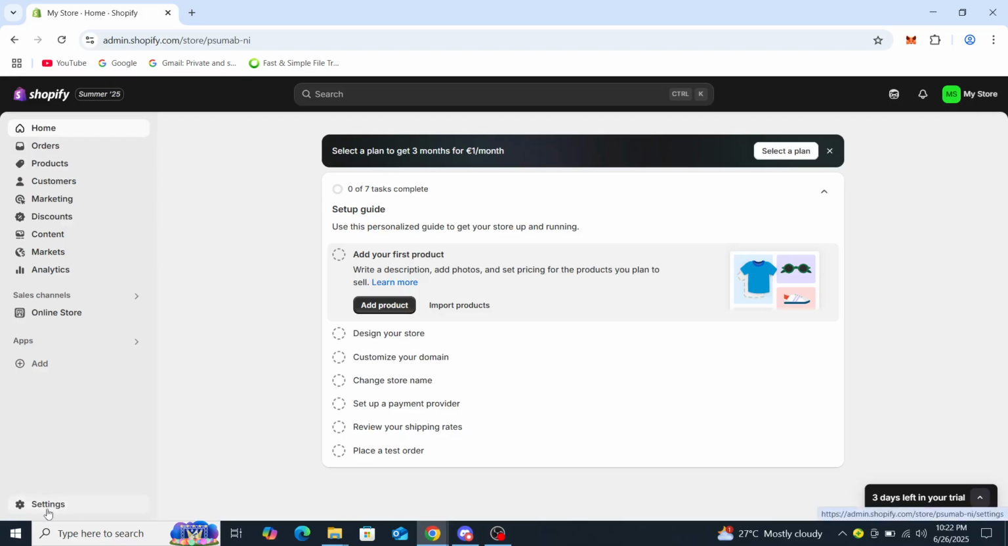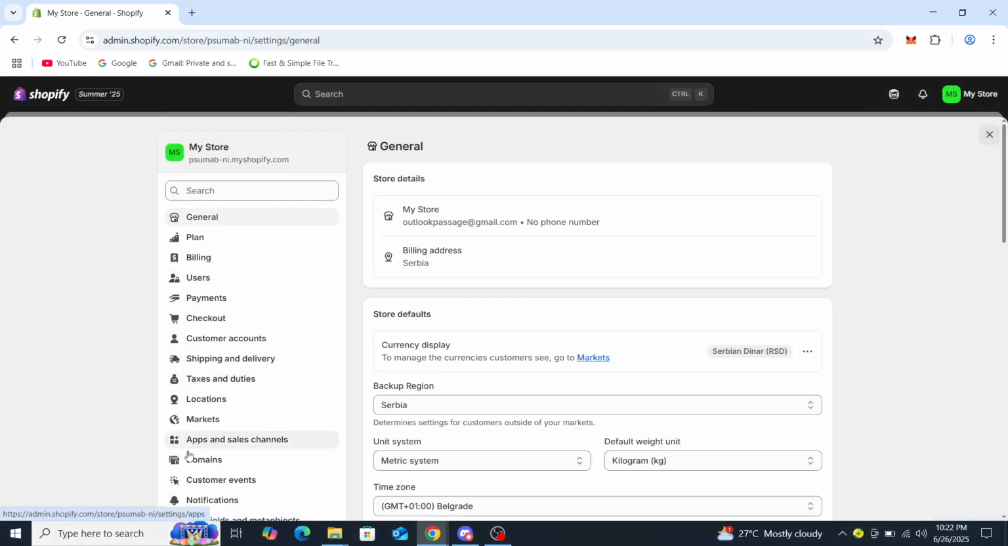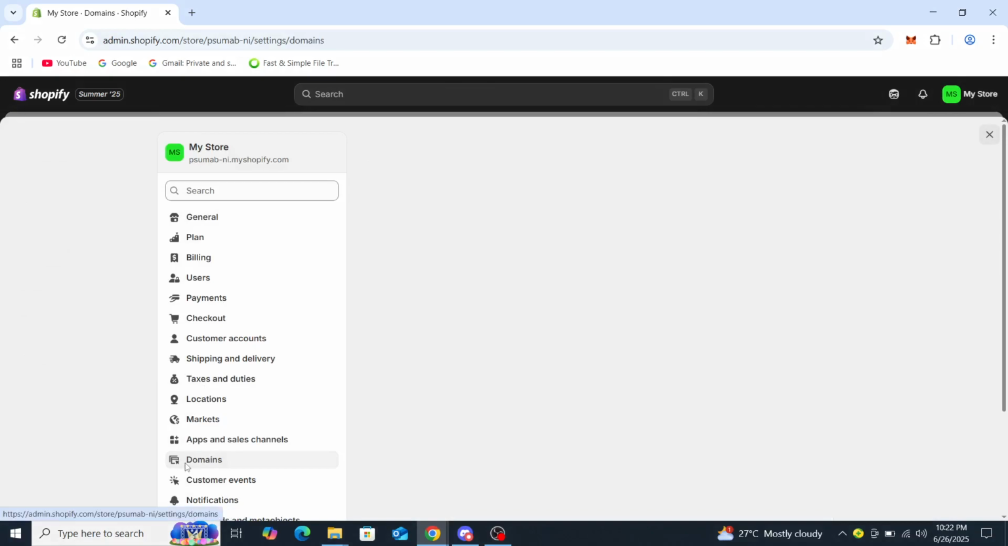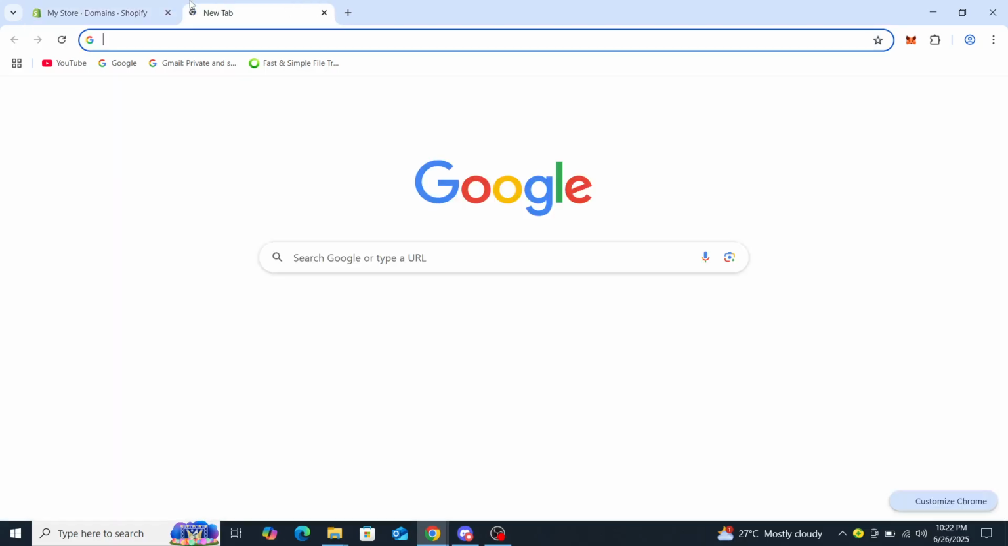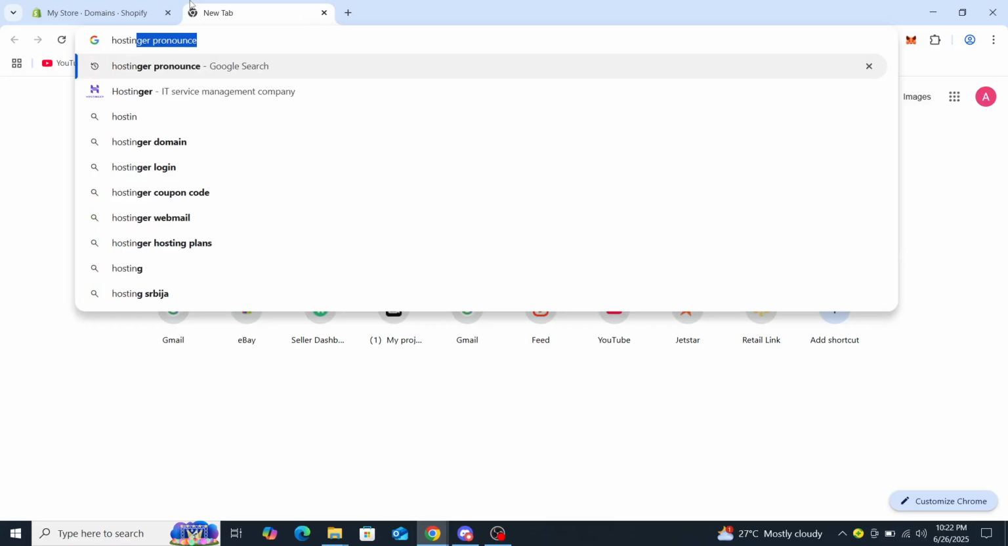I suggest you go to settings, and after that you go to your domain. So through here you can click on your domain, and once you're here you can buy a new one, you can connect an existing one. You can also see some domains on here as well. So through here, after that, go to Hostinger,